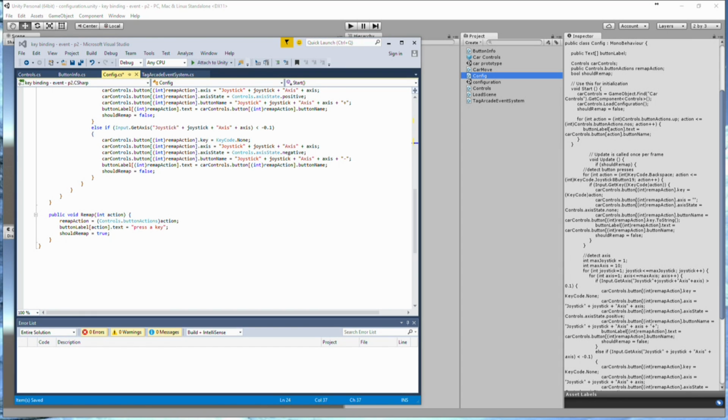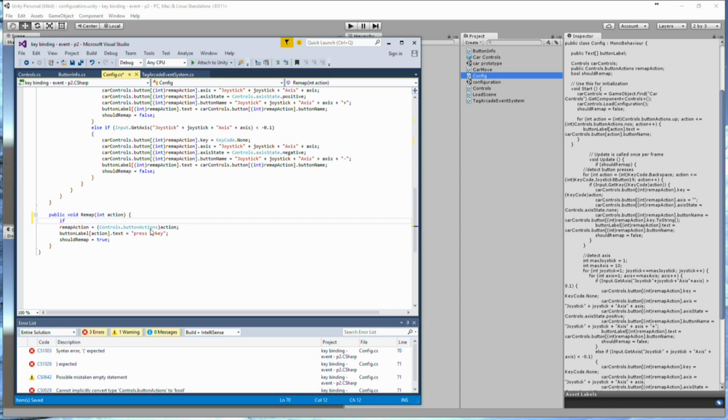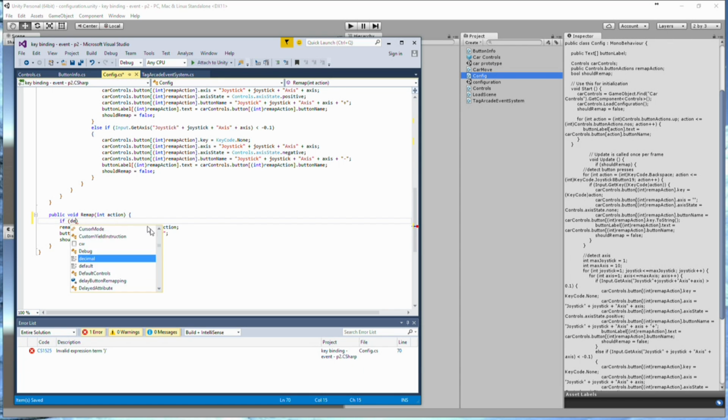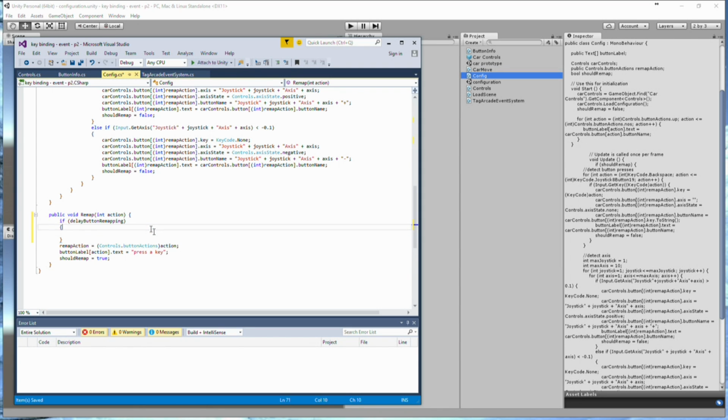And now, what do I want to do? I want to introduce a delay on when we should remap the control. So if delay button remapping, if we want to introduce a delay, then we're going to set this to false because we are done introducing the delay, and we want to start a coroutine. So start coroutine,